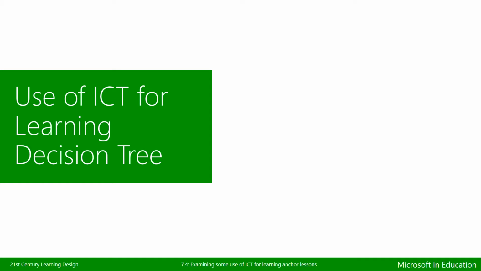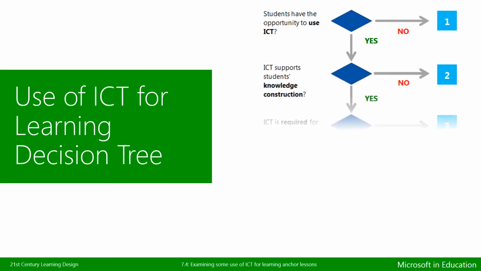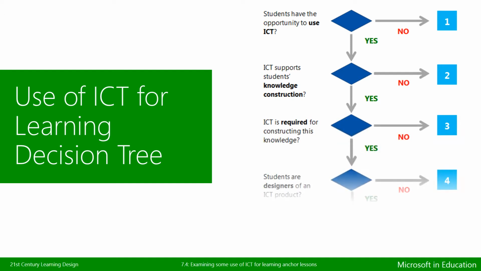The first relates to whether the students have the opportunity to use ICT in the learning activity. The second is to determine if ICT supports students' knowledge construction. The third question asks if ICT is required for constructing this knowledge. The fourth question asks if the students are designers of an ICT product. Considering each of these questions is useful when designing a learning activity. In doing this, you also need to consider how much opportunity you want to give your students to use ICT